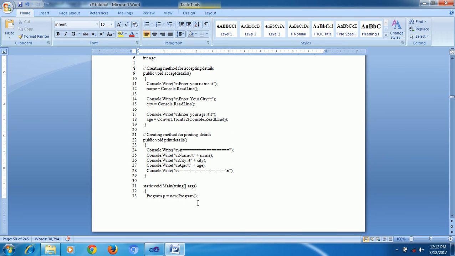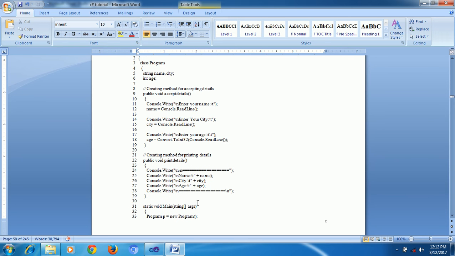It will go on to here, and the accept details method will appear. Here it will ask you to enter your name. When you enter the name, it reads the data and stores it into the name field. Same thing, it asks please enter your city, and the data is stored into city. Afterwards it asks for age, and the data is stored. Finally it has read the data. After completion of this method, it automatically comes out of the method. Next it will go to